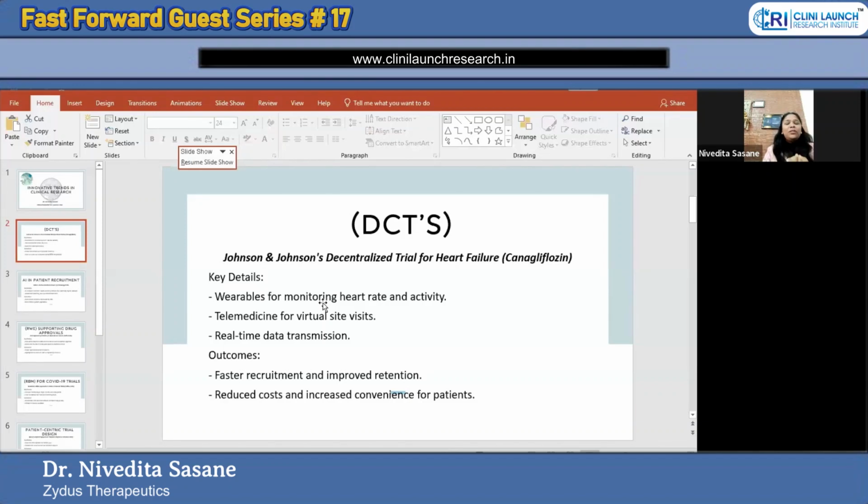So this was a wonderful initiative done by Johnson and Johnson. They gave wearables to the patients on the day of the informed consent. Once the patient was cleared and found eligible for the study, they were given these wearables, which monitored their heart rate and their activity, how sedentary or how active their lifestyle is. So this was the first wearable trial conducted, and then there was an app provided, and access provided to them,